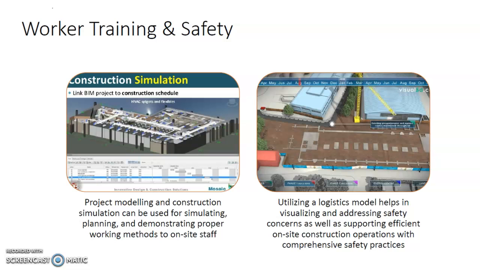Worker training and safety awareness are essential to the success of a project. Through VDC tools, project modeling and construction simulation can be used for simulating, planning, and demonstrating proper working methods for all workers and different stakeholders. Utilizing a logistic model helps in visualizing and addressing safety concerns, as well as supporting efficient on-site construction operations with